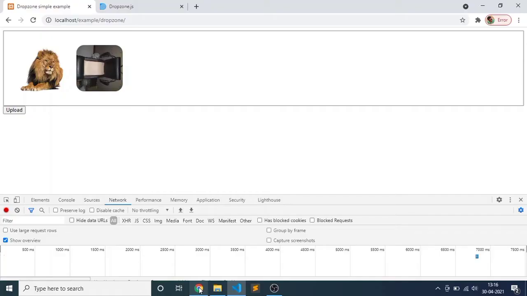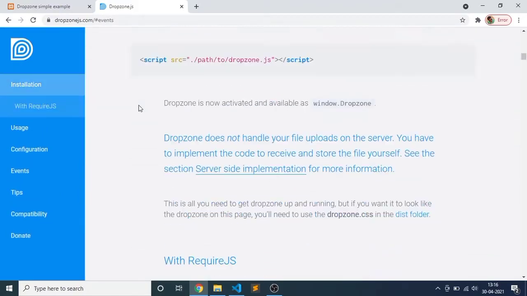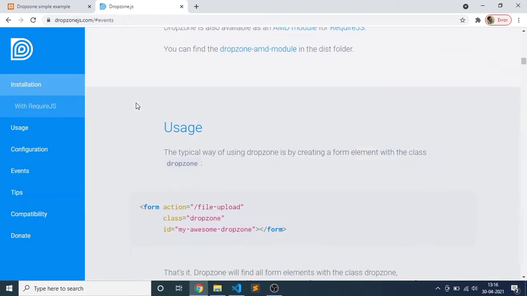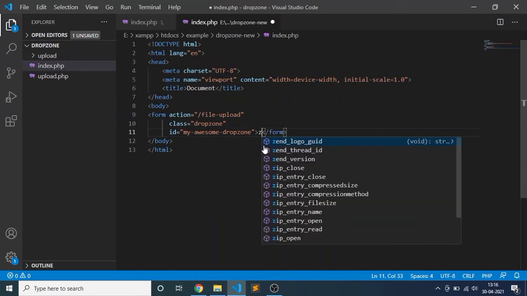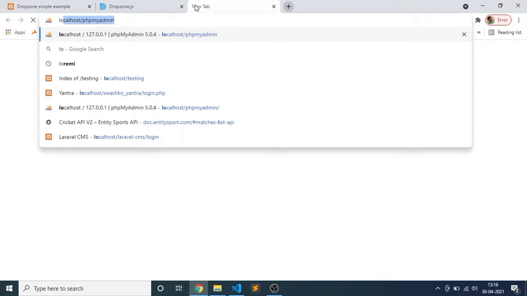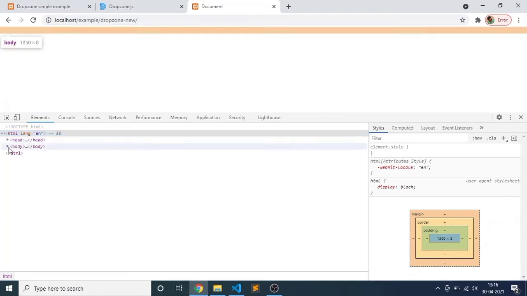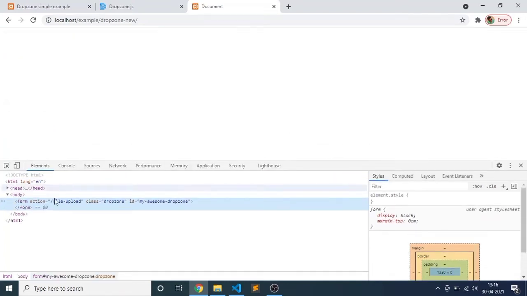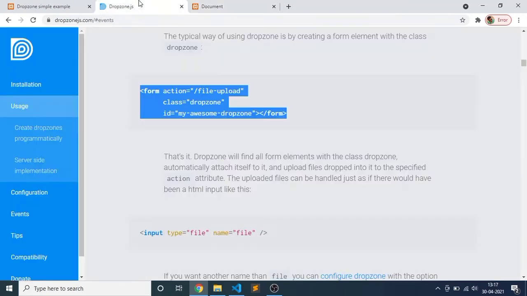Now we are adding the Dropzone form. The form is available but not appearing, because we are not using any element in this form and not adding any file of the library in the browser.